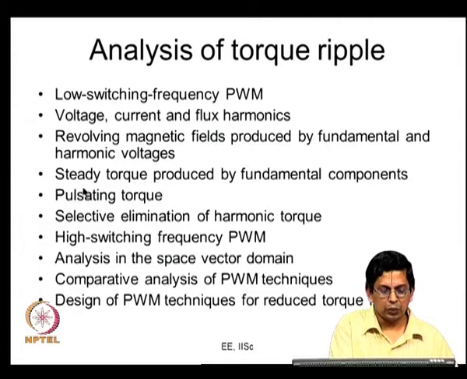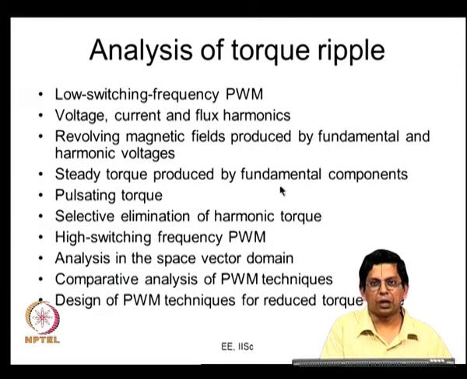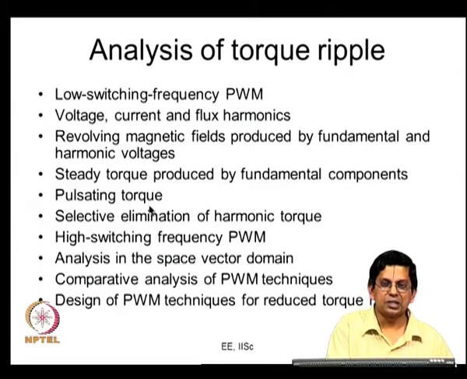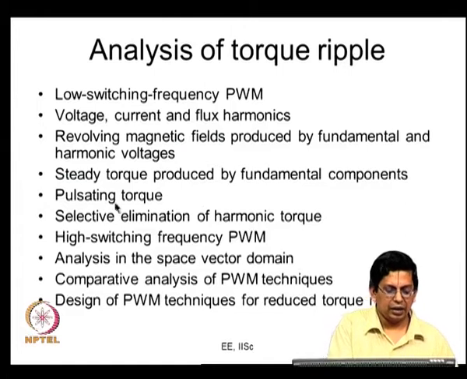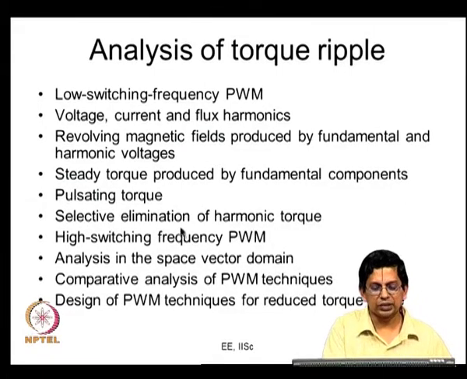Then we would try to understand the steady state torque produced by the fundamental components, like the fundamental flux and the fundamental current alone, and we look at the pulsating torque, which normally comes from the interaction of the fundamental flux and the harmonic current, and the fundamental current and the harmonic flux. And then we would also try to see how you can do a selective elimination of